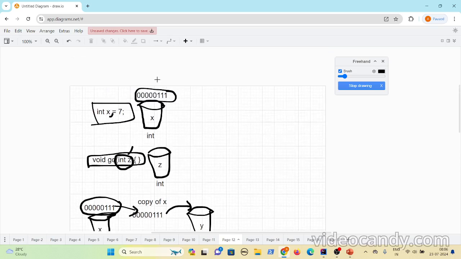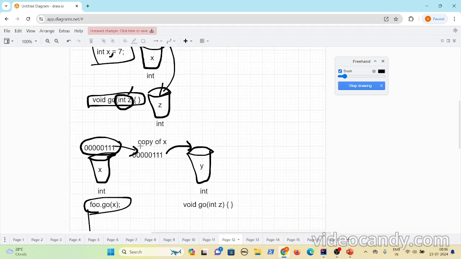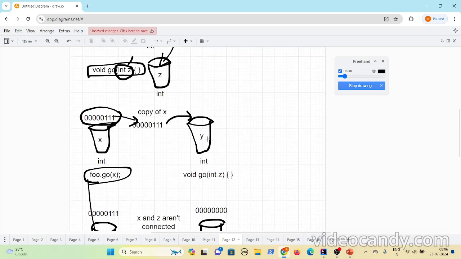Int x has these bits, and when it invokes the go method with the x value, whatever the bits that are present, those get copied here. And if you make any changes to z, it will not impact x, because you are changing the bits that are present inside this holder. You are not touching the x value. The x value will still remain the same.